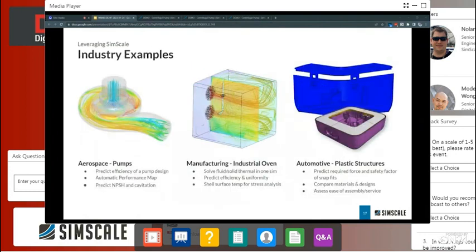Okay, so on to the industry examples. As I said before, SimScale is utilized across a very large user base globally, and within that user base we have a very diverse range of industries represented. Today I just wanted to share a few examples from the key fields of aerospace, heavy manufacturing, and automotive as well. For aerospace, we've really made great strides in building a solution for quick and accurate simulations